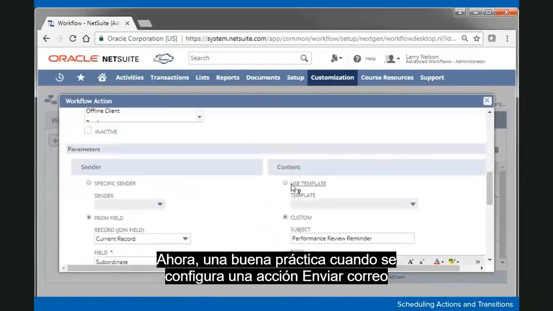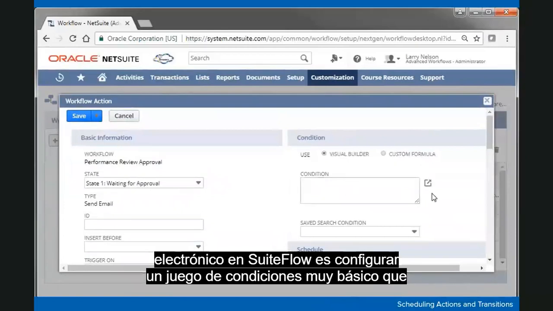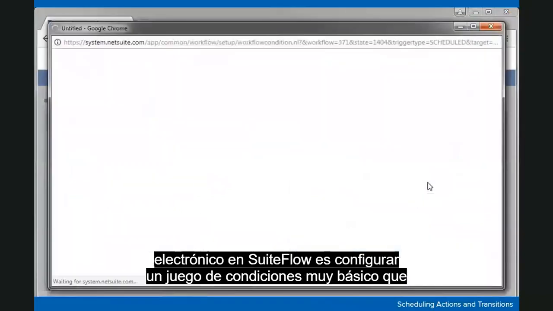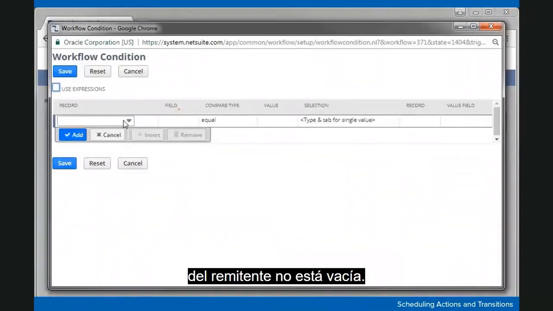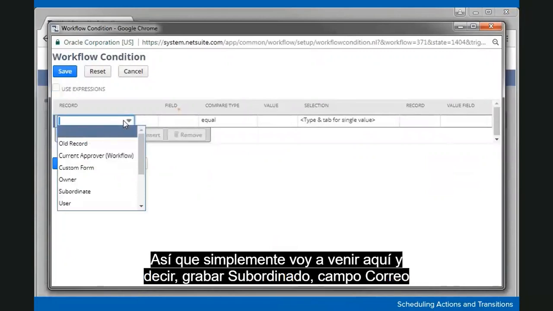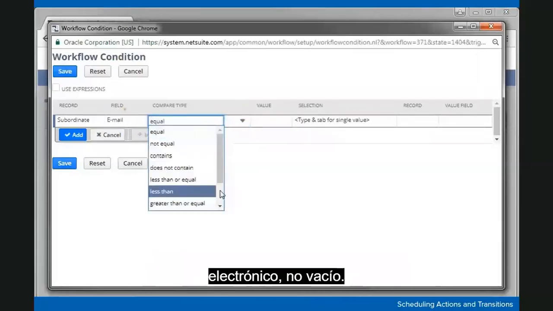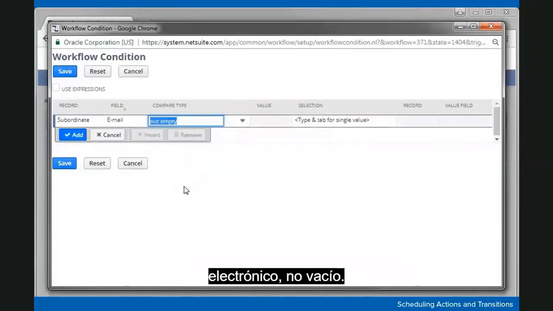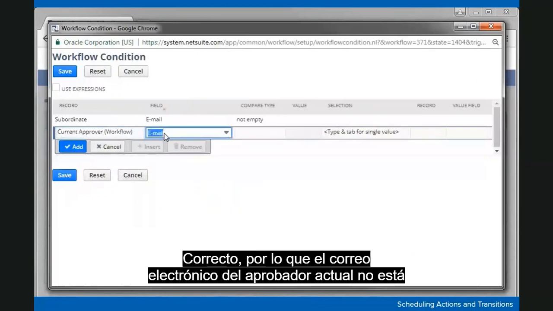Now, a good best practice whenever configuring a send email action in SuiteFlow is to set up a very basic set of conditions that simply verify that the email address of the recipient and sender is not empty. So I'm simply going to come in here and say record subordinate, field email, not empty. There we go. And I'll do the same thing on the current approver. Okay, so the current approver email,